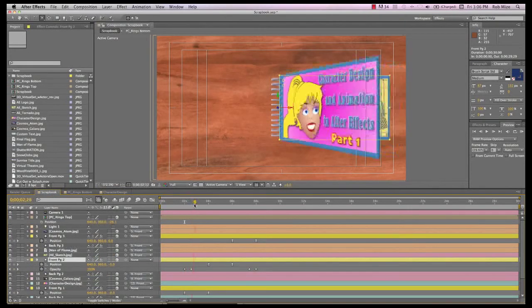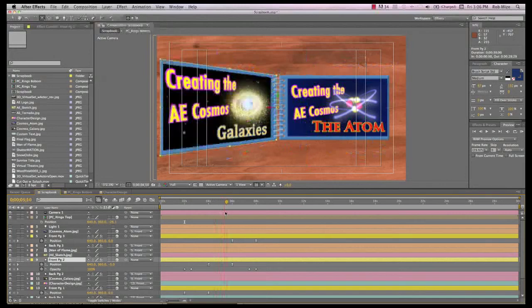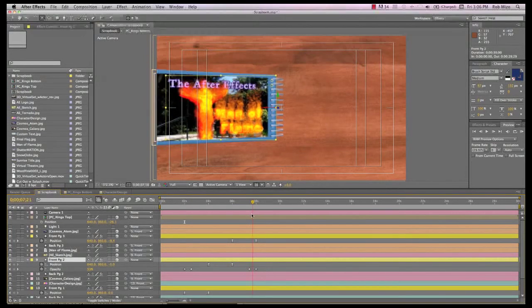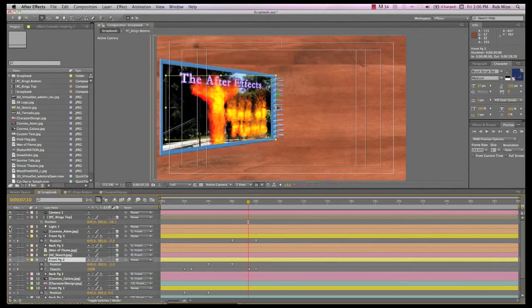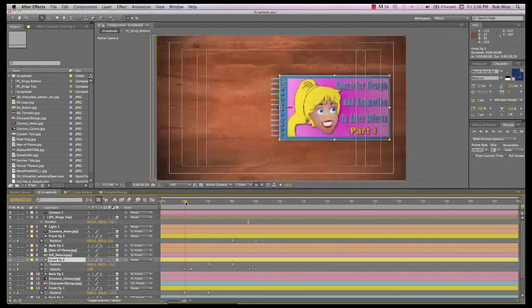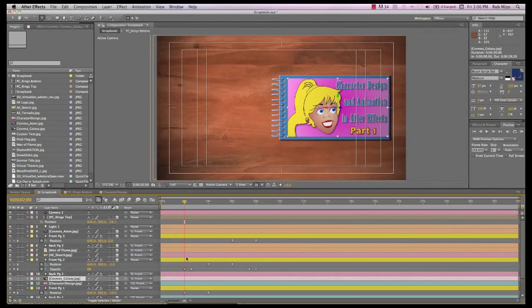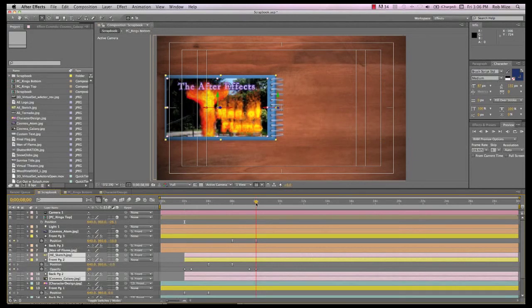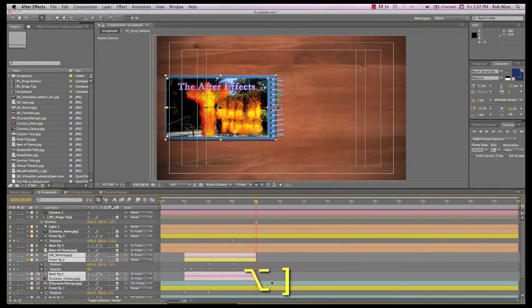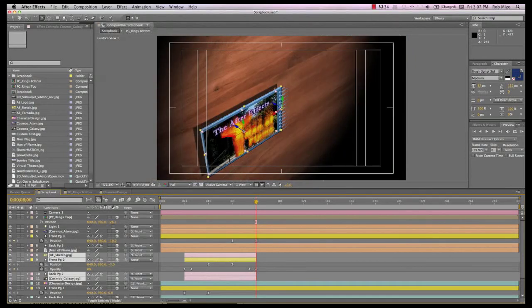Back here at our scrapbook composition, you'll remember that we added transparency keyframes. And since we did that, there is really no reason for us to render these other graphics and their shadows when we don't need them. So what I've done is, using the opacity keyframes as a guide, I've selected those layers that are part of that page and trim the start and end points of those layers using the Alt-left bracket and Alt-right bracket keys.